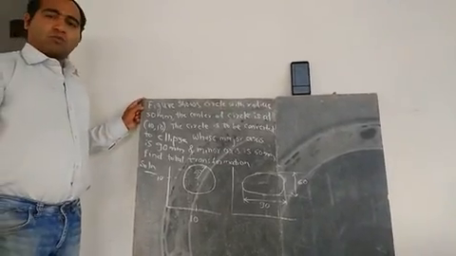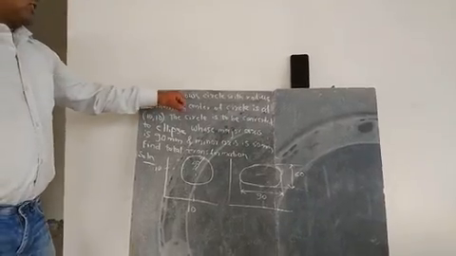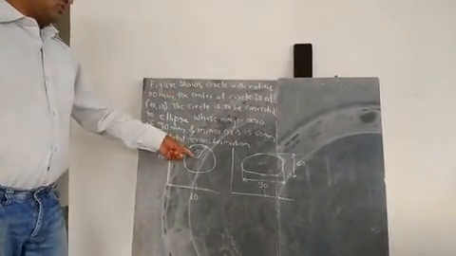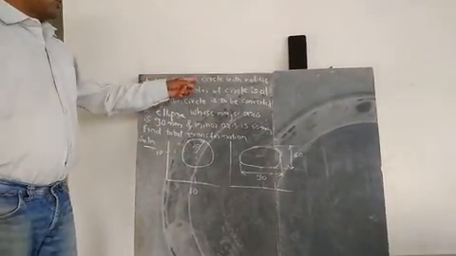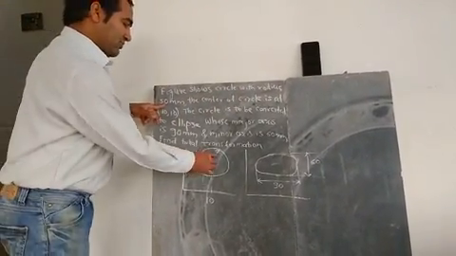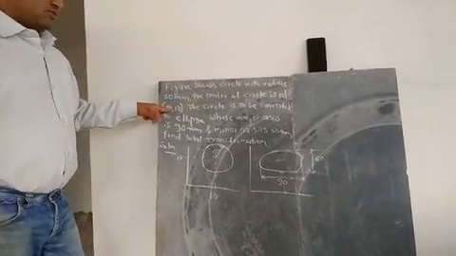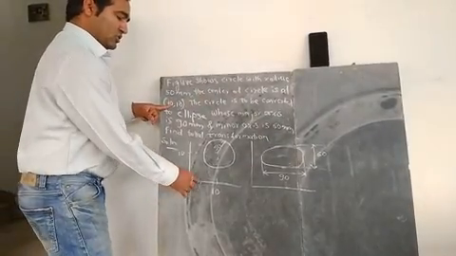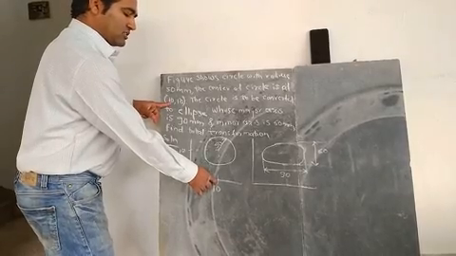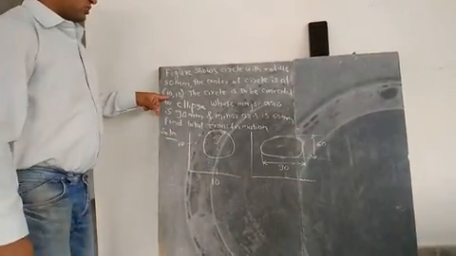Here we will solve one more problem. The problem statement is: a figure is given, which is a circle with a radius of 50 mm. The center of the circle is at (10, 10). This is the origin, and the center is offset from it by 10 units in the x direction and 10 units in the y direction.